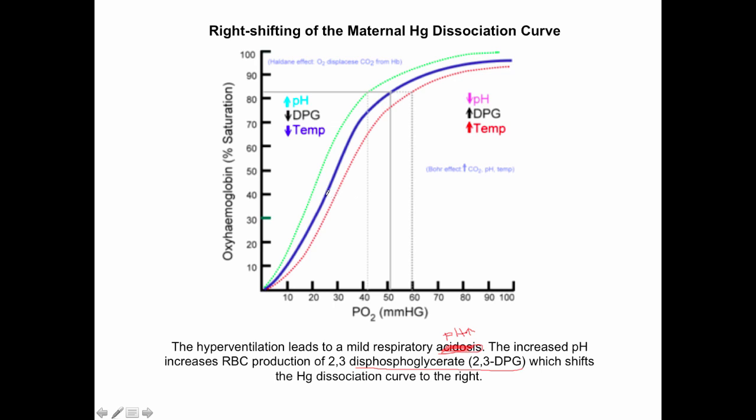it will shift the hemoglobin dissociation curve. Okay. Now, an increase in DPG will actually cause the hemoglobin dissociation curve to shift to the right. Okay. Now, what that means is that at any PO2 of plasma, okay, the hemoglobin saturation will be lower, which functionally means that hemoglobin tends to increase its oxygen